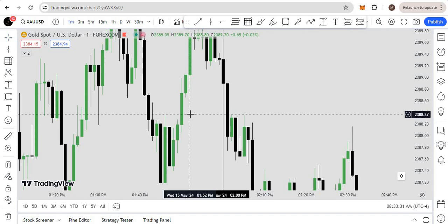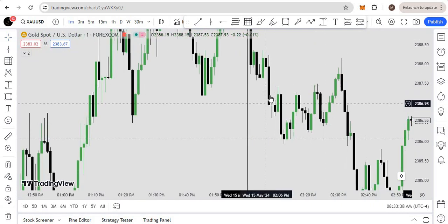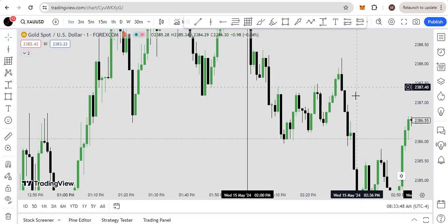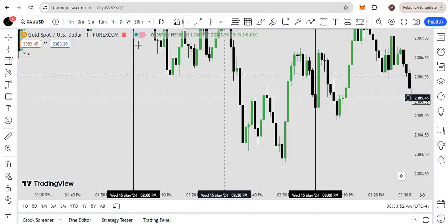Here it didn't come, but it's like that. You see we have this fair value gap entry. This is your TP. This is your SL. First this was the push, but for spread it may hit your SL,